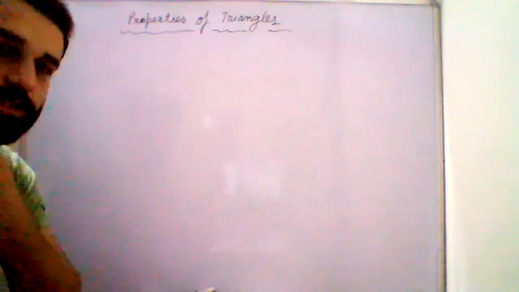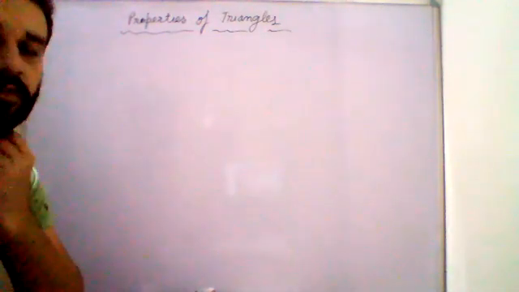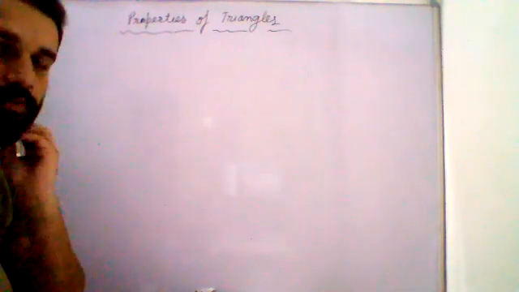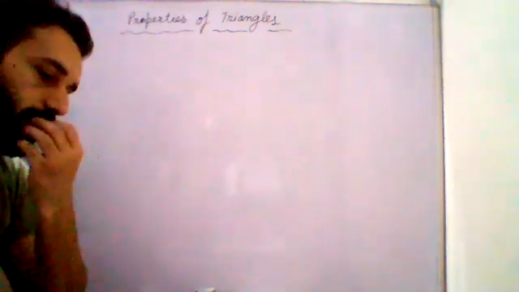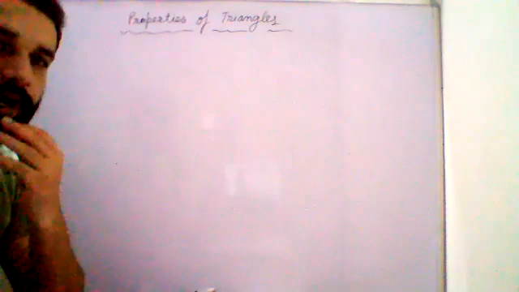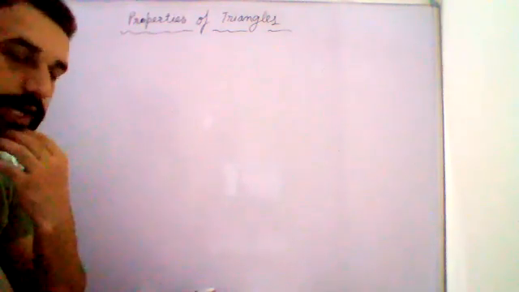So we are discussing question 13, 14, and 15. All the three questions are to be done in the book. 13, 14, 15, you just have to do them in the book. Question 13, first part: can a triangle have two right angles? You have to just tell, is it possible to have two right angles in a triangle?